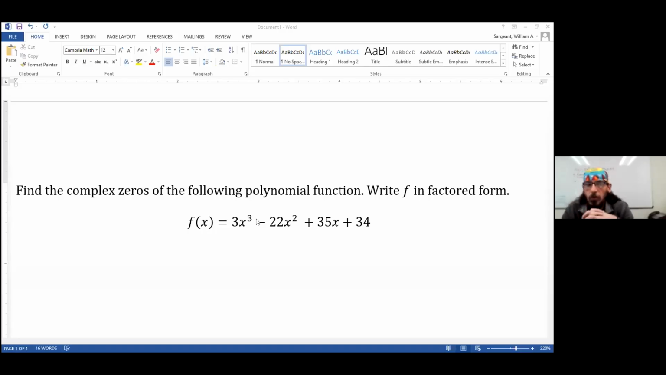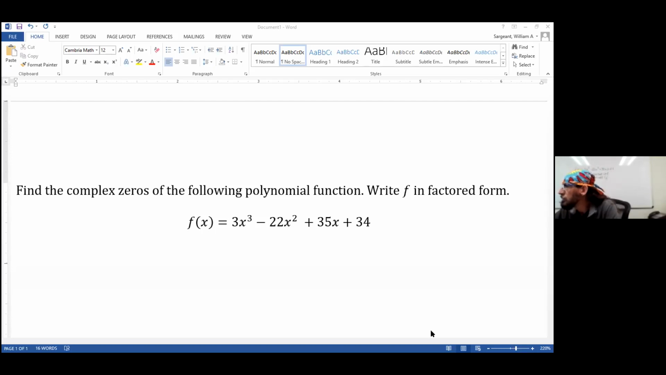All right, now let's take a look at finding the complex zeros of a polynomial function and writing in factored form. So our tools, for the time being at least, are the same. Can we find any real zeros? Might there be rational zeros? If so,